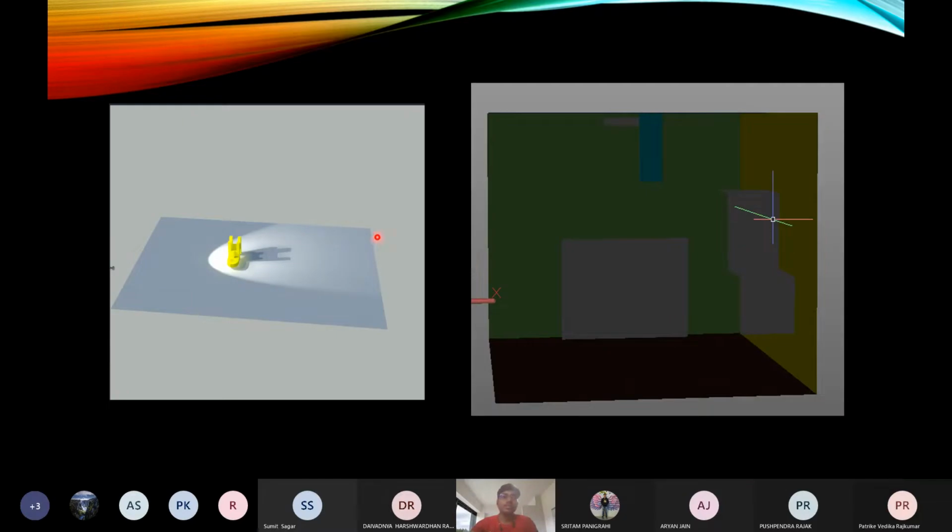And at the last, we will see this is a room, but it's too dark. We will use lighting effects to light this room and decorate this room, and also spotlights, etc. So now let's go to AutoCAD.